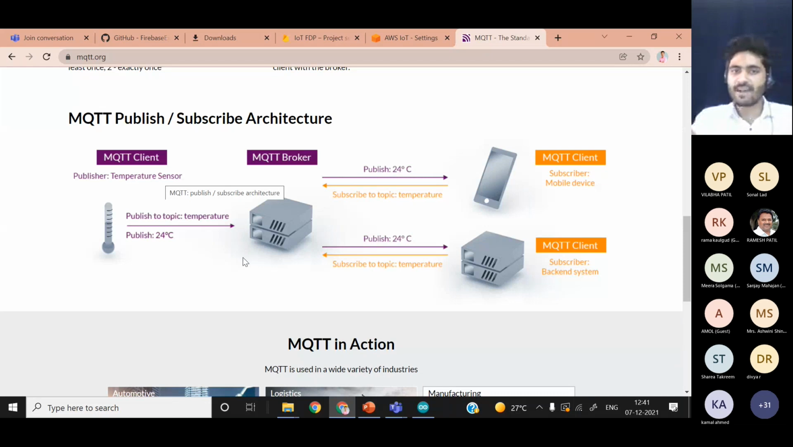So all these devices, all these clients, are connected with the MQTT broker, and the MQTT broker, in our case, is the AWS IoT Core MQTT broker. So it is a mediator, and all the clients are connected with this MQTT broker. Now understand how message delivery works here. Just assume an example. If we want to send